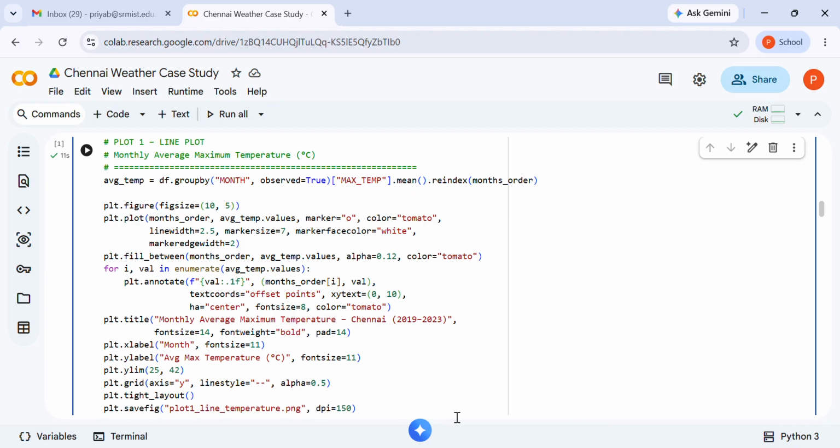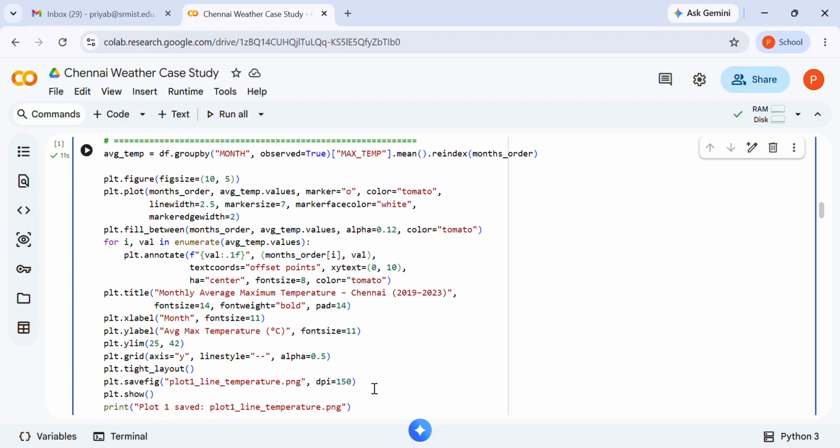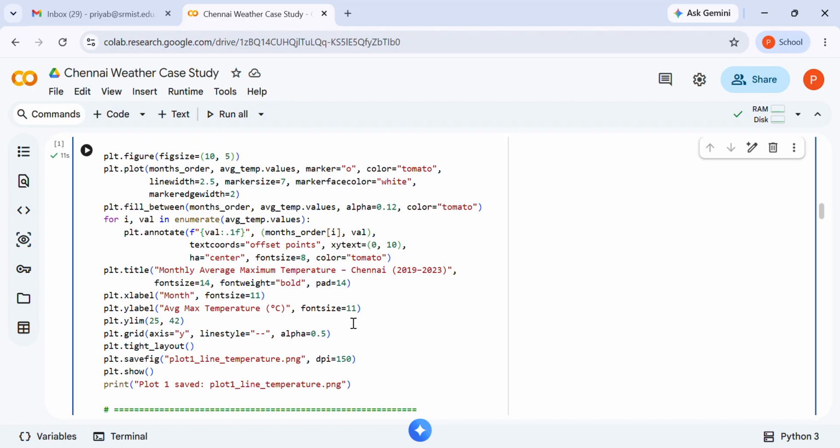It groups the data by month, calculates the mean maximum temperature, and then creates a line plot with markers. Here you can see the lines with annotations, shading for each data point. The plot is saved as plot1_line_temperature.png. Down below we can see the generated plot.